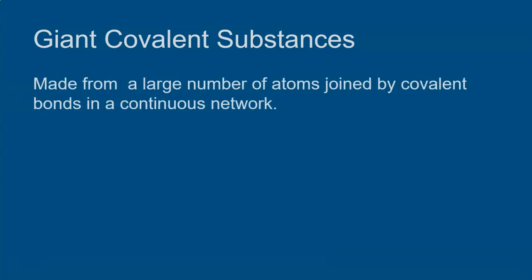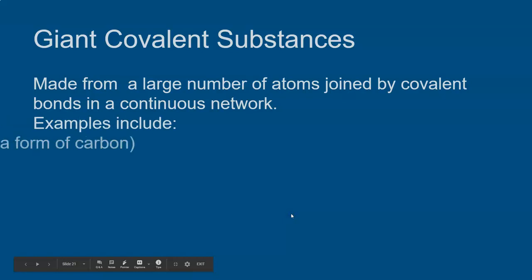These are covalent substances made up from a huge number of atoms, and the atoms are bonded by strong covalent bonds in what's described as a continuous network. That means they just go on and on and on in 3D in some cases, or just in 2D in one case. So the key examples you need to know are diamond,